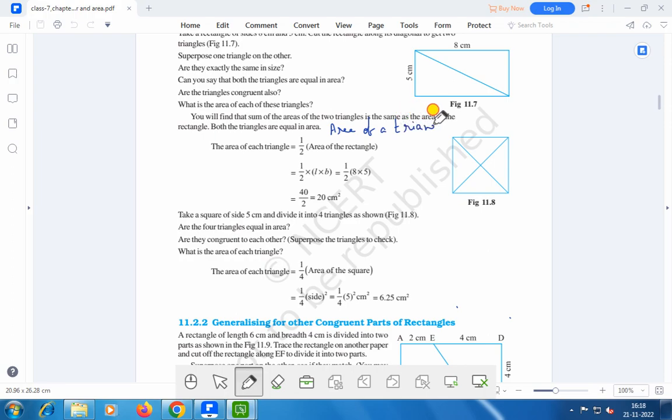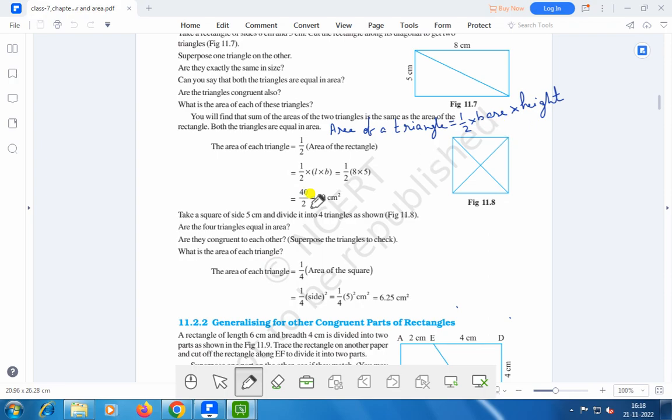Area of a triangle is equal to half into base into height. This is the area of a triangle, right? And area of a square you already know, that is side into side, right? You have to remember this one, that area of a triangle is half into base into height,